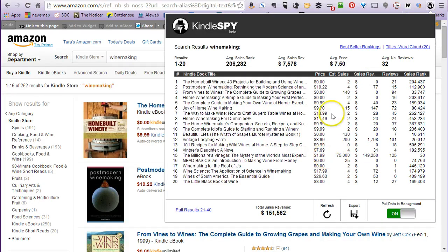So we think, oh, our book really should be $9.99. But looking at this, they've made an estimated sales revenue of about $40 selling four books. But this book that's $2 has made almost 150,000. So you can use this to do everything from researching which titles to invest your time in next, to pulling